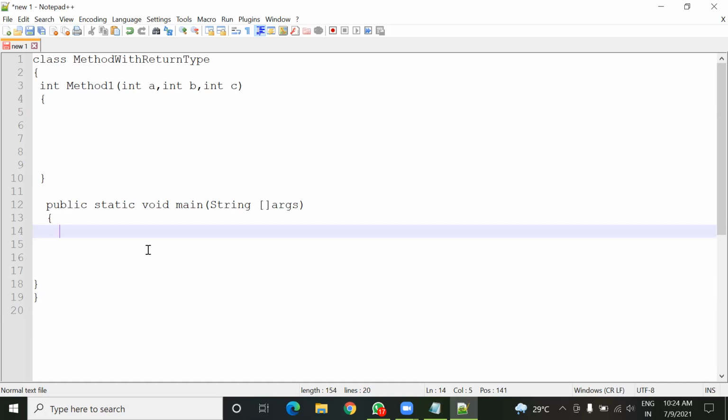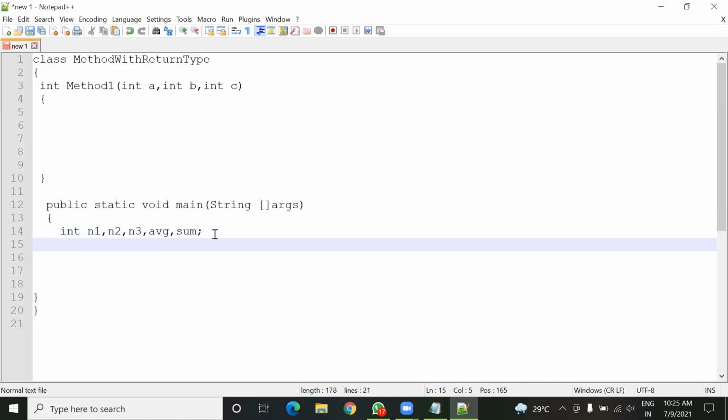So now in this main method, I'm going to declare some variables like n1, n2, avg, and sum. One more, n3. Okay, so these are the variables in this main method.